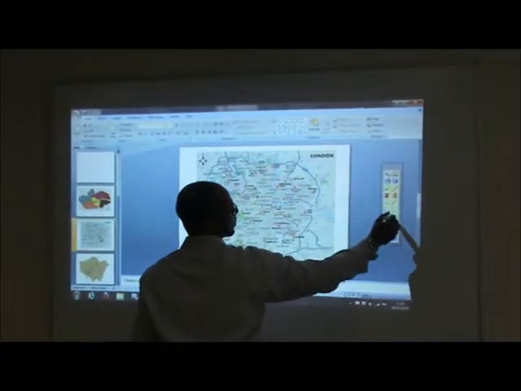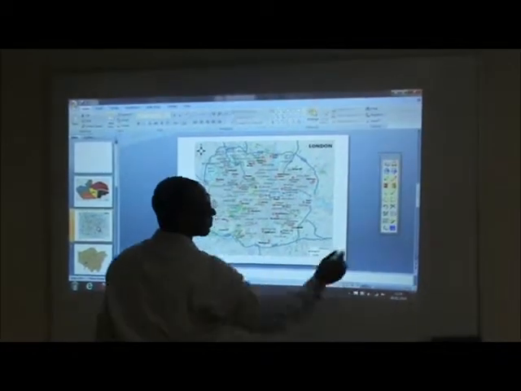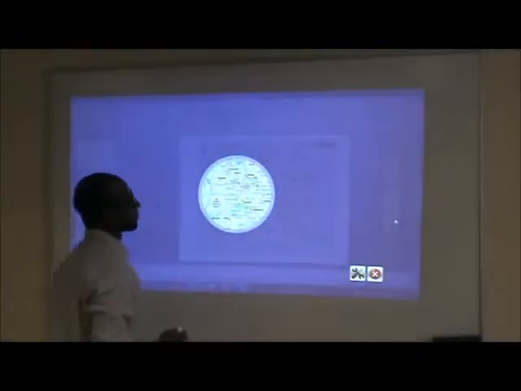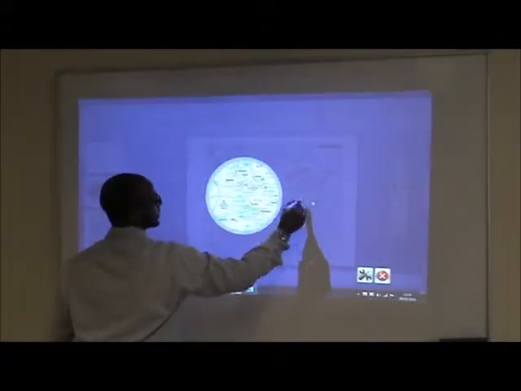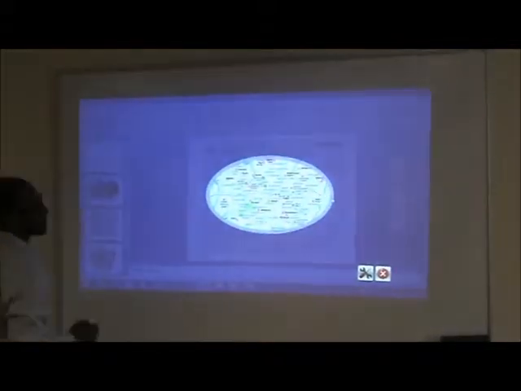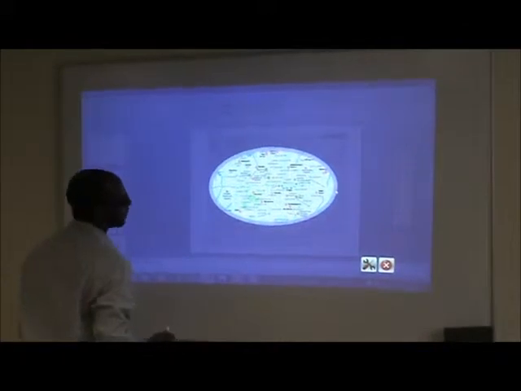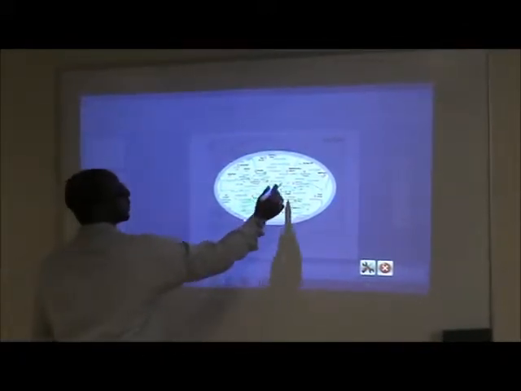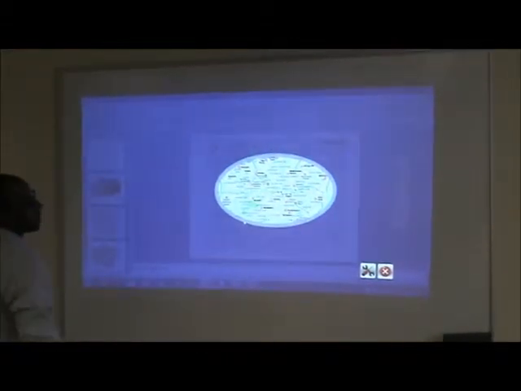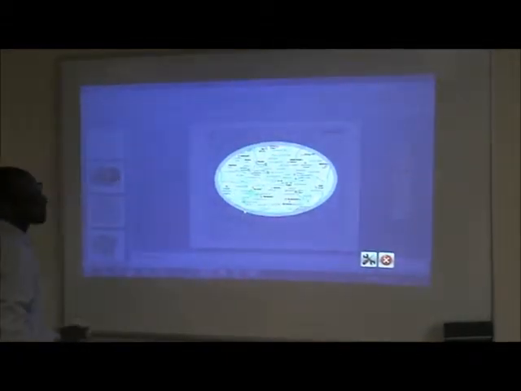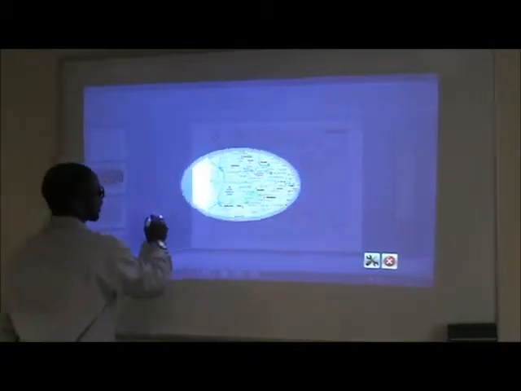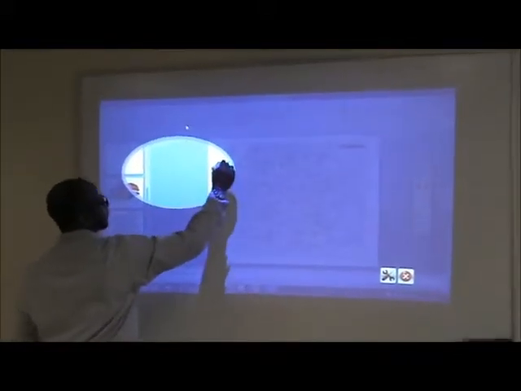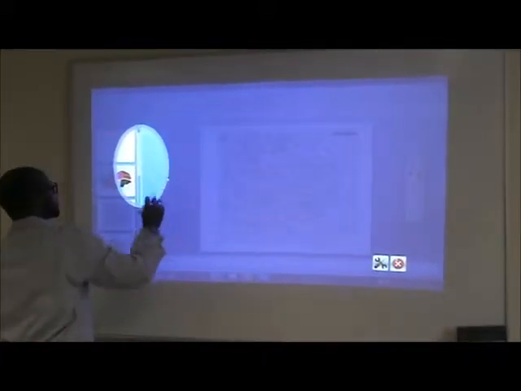So the next video is the highlight or the spotlight option. You can select it, and student will be able to see only a specific area of the presentation. You could drag and move the highlighter to another area. You can change the size of it,